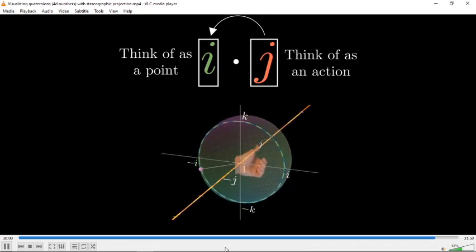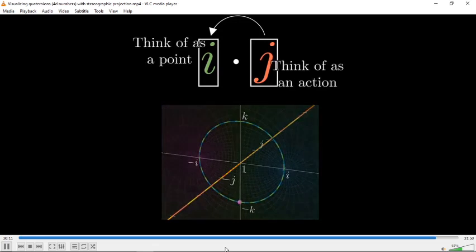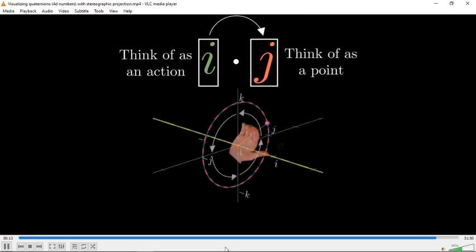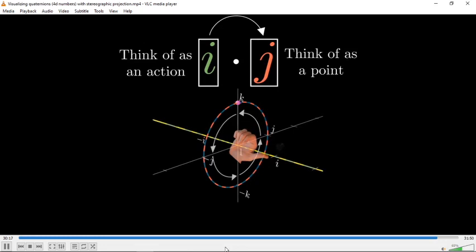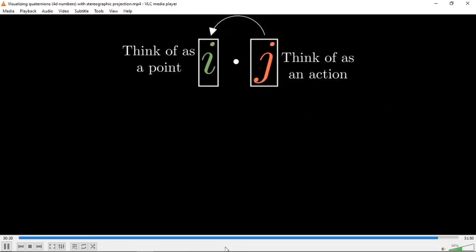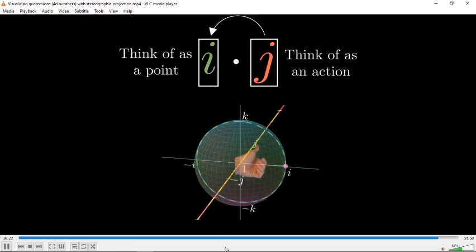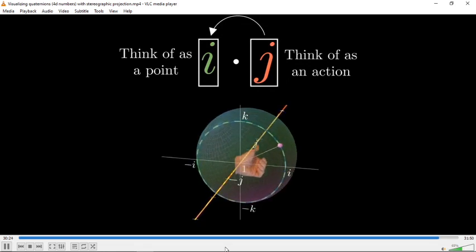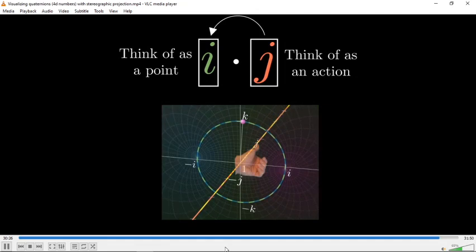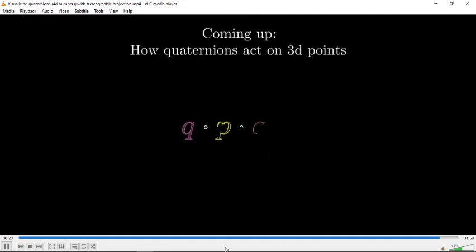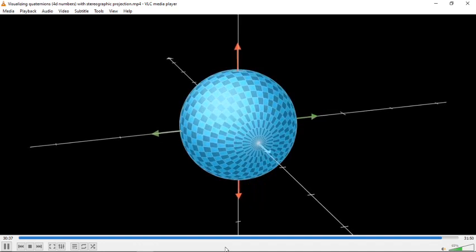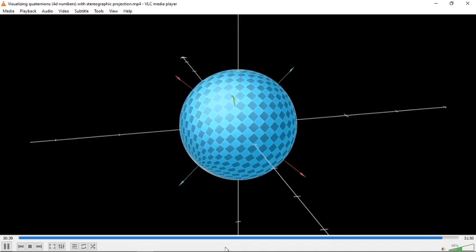So either way, i times j is equal to k, but you can either think about this with your right hand curling the number j to the number k as your thumb points from 1 to i, or as your left hand curling i to k as its thumb points from 1 to j. Understanding this left-hand rule for multiplication from the other side will be extremely useful for understanding how unit quaternions describe rotation in 3 dimensions. And so far, it's probably not clear how exactly quaternions do describe 3D rotation,